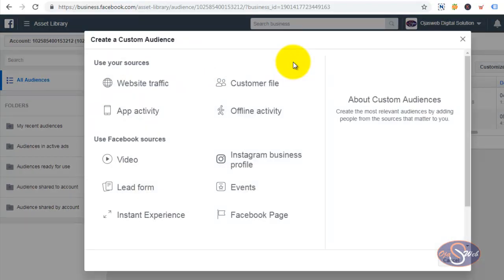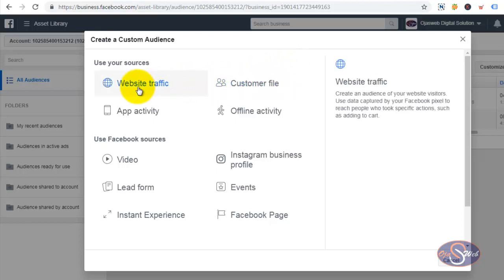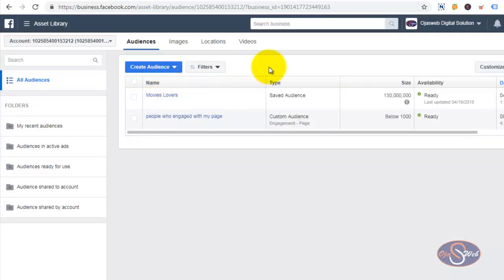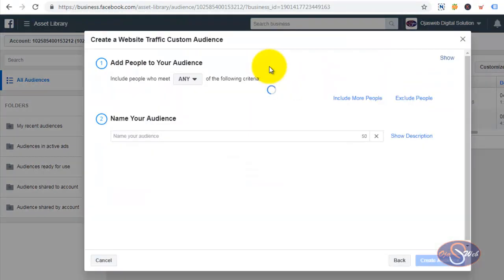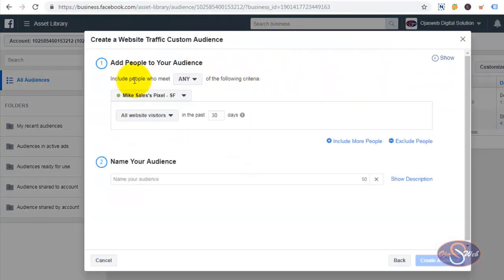Now from the custom audience page, I have some options I can choose from. I want to choose website traffic, and that is what I click on. Now I allow the page to load. So from this page, I have some custom definitions I can go with. I want to include people who met certain conditions on my site, and I also want to exclude some people